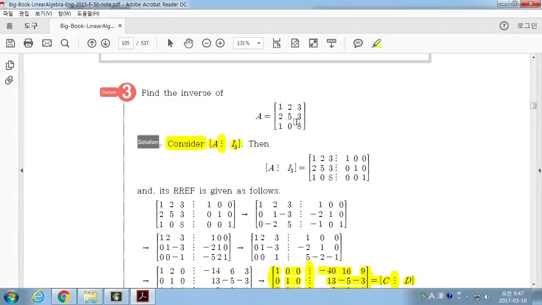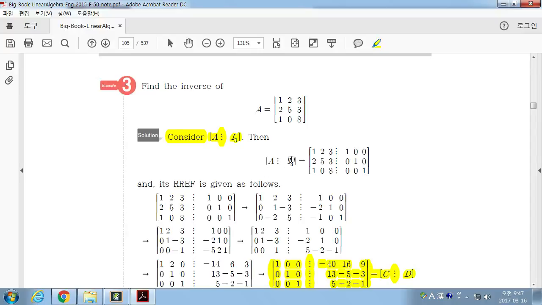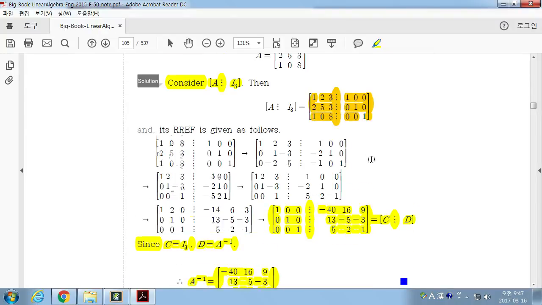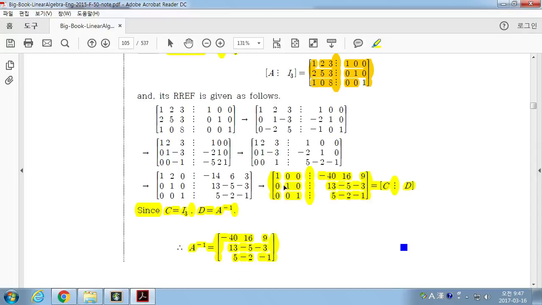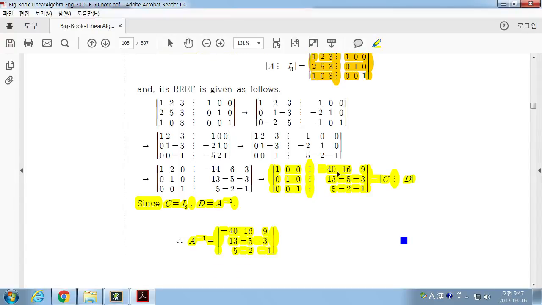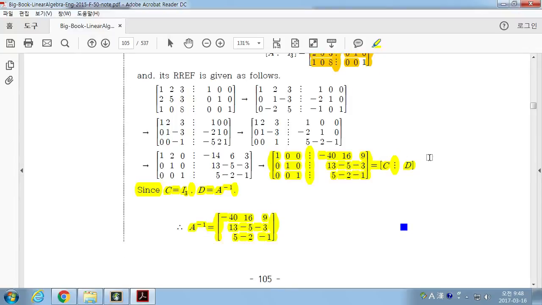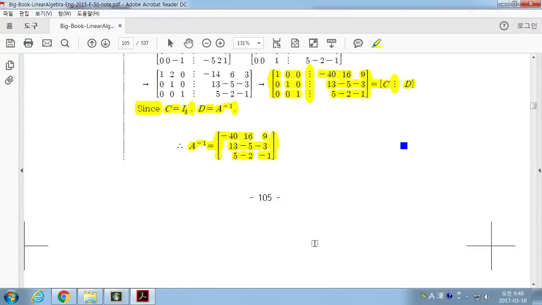오케이. Let's find the inverse of this matrix. So for this 3 by 3 matrix, we form a 3 by 6 matrix like this with the 3 by 3 identity matrix as a 첨가 행렬. Then find the RREF. Then we have the identity matrix here and the D matrix here, which means that the matrix A is invertible and this D part of the RREF form is the inverse of the matrix A. 쉽지 않아요?